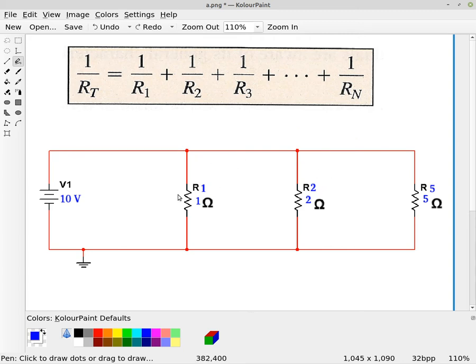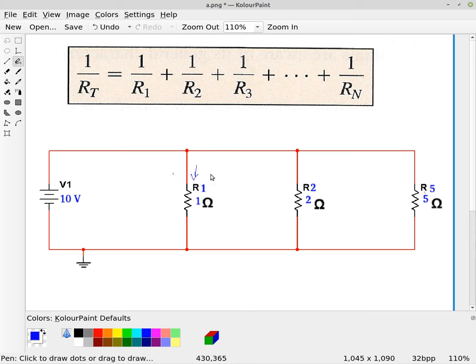So if we wanted to look at the voltage drop across R1, it's 10 volts. The voltage drop across R2 is 10 volts. The voltage drop across R5 is 10 volts. So we can use Ohm's law and find the current